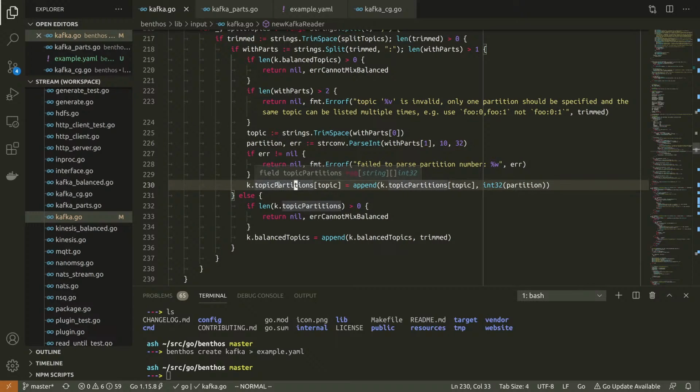And then, so I've got two different maps of topics. The first one is a map of topic name to partitions, and the other one is just a list of topics that you consume from.